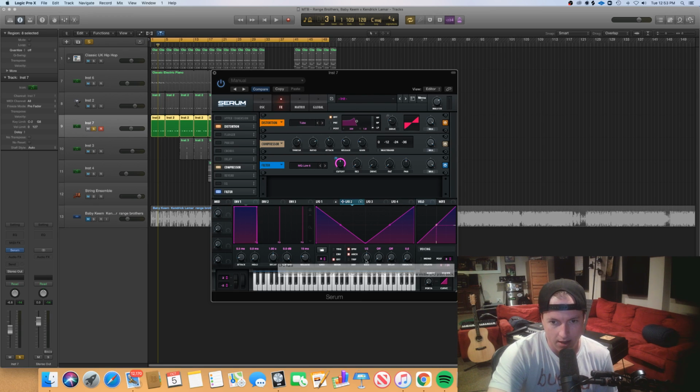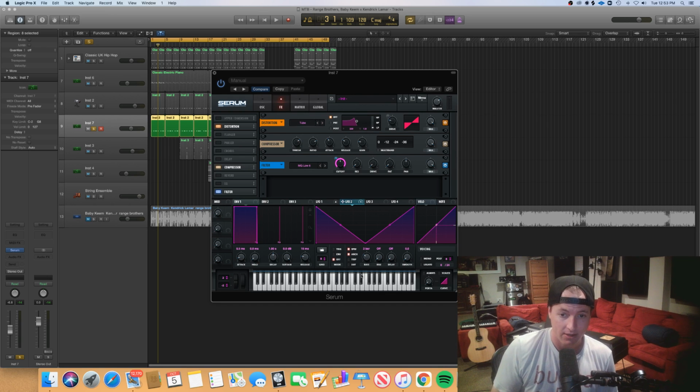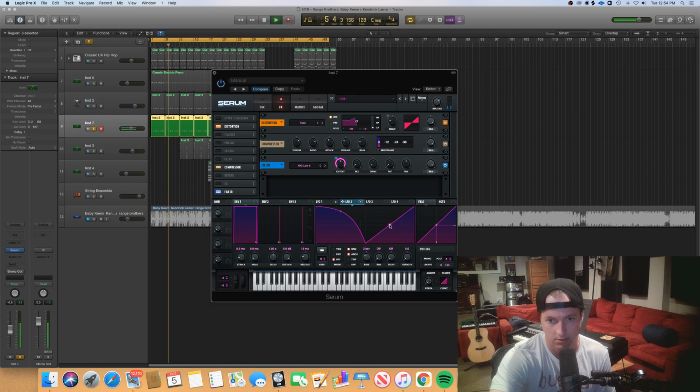And then what's also interesting about this is it seems like it's going on a 2-bar speed. So we're going to hear a lot of the top of the instrument, and then it's going to go away and it'll come back. So let's hear what this does to the sound. Sounds pretty good to me. Let's figure out a better spot for our...